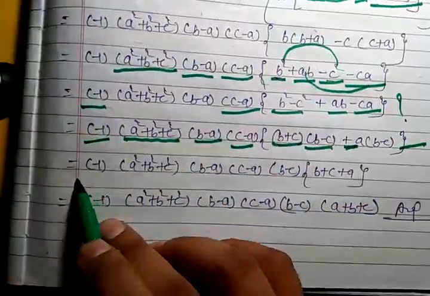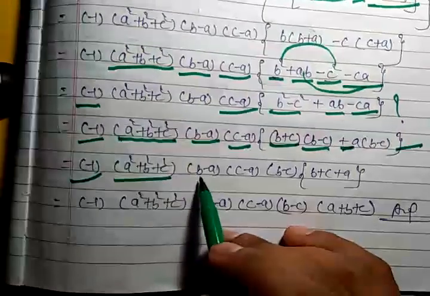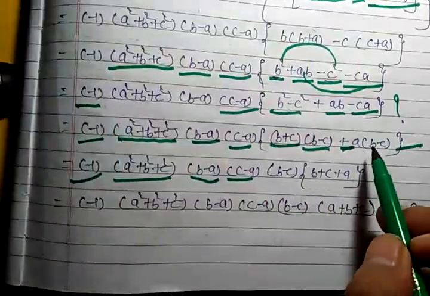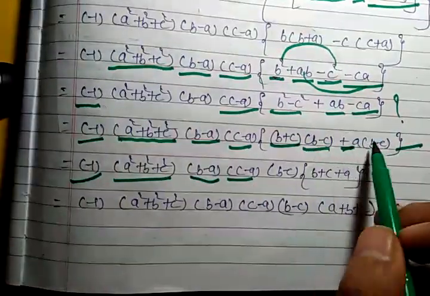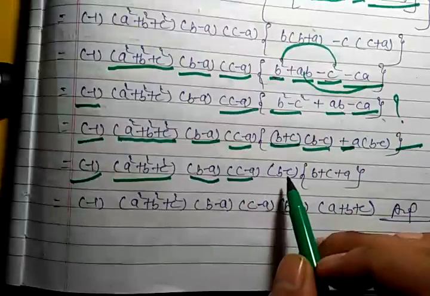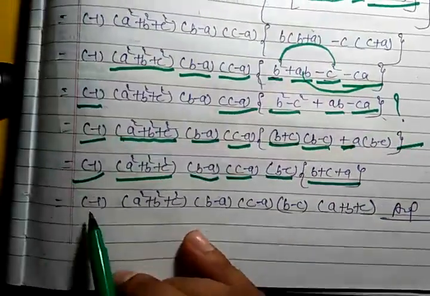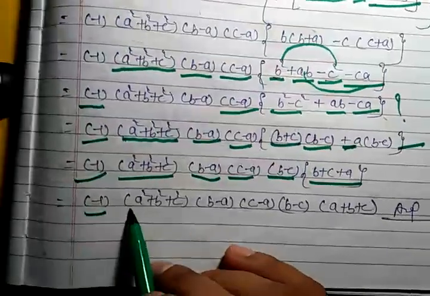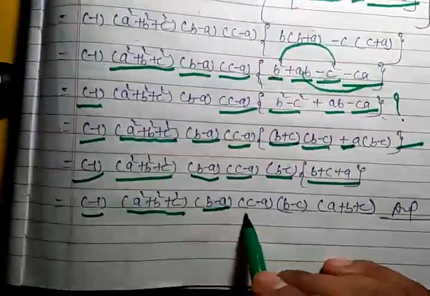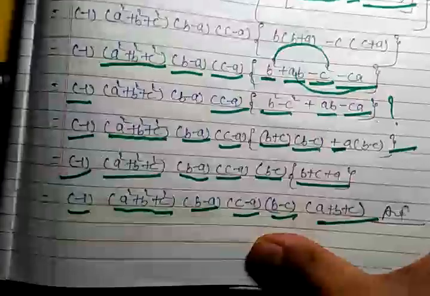Now here you will get minus 1, a square plus b square plus c square, by minus a, c minus a, and you can see there b minus c you can take out as common from this entire term, and after taking b minus c common, you will get here b plus a plus b plus c. And now minus 1, a square plus b square plus c square, b minus a, c minus a, b minus c, and a plus b will be your answer. And your answer is here,